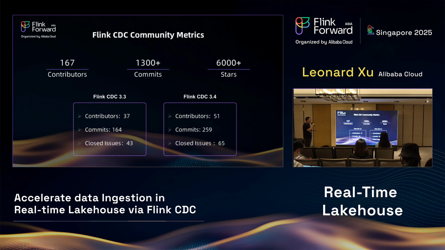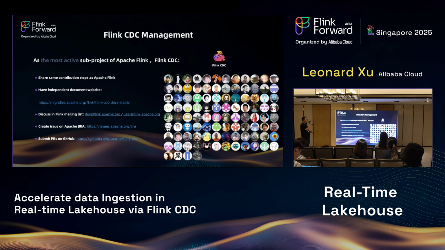For this year, we have released 2 versions, which involved more than 80 contributors and closed more than 100 issues. And about Flink CDC project's management, as the most active sub-project of Apache Flink, Flink CDC shares the same contribution steps as Apache Flink,